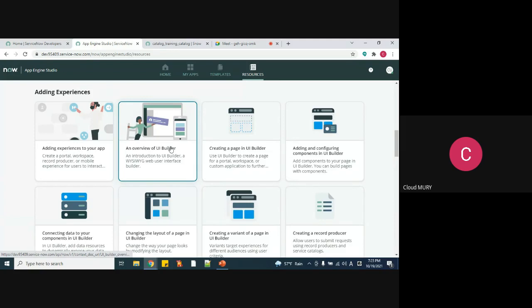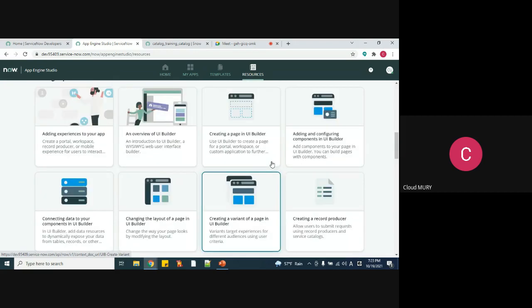We have a UI builder feature here, and that UI builder allows you to simply drag and drop components to create different UIs. When I say different UI, it will automatically fit your different screen sizes. We can normally call it a responsive UI. You need not worry about whether you are going to open that particular application on mobile, on desktop, on a mini screen, or on an iPad or iPod, something like that.